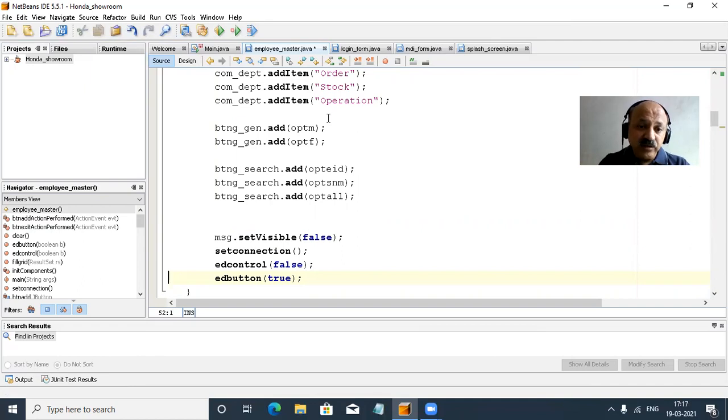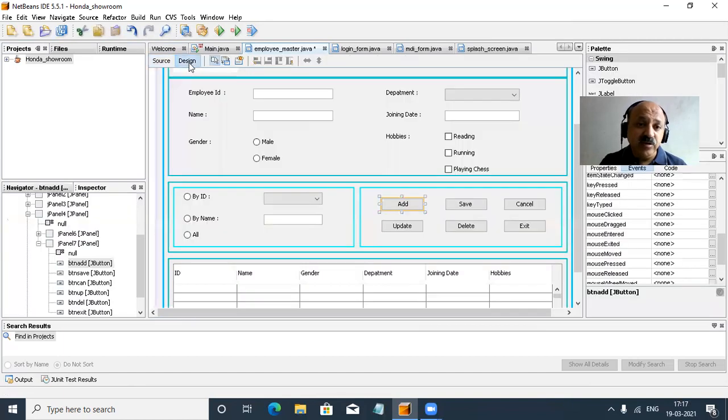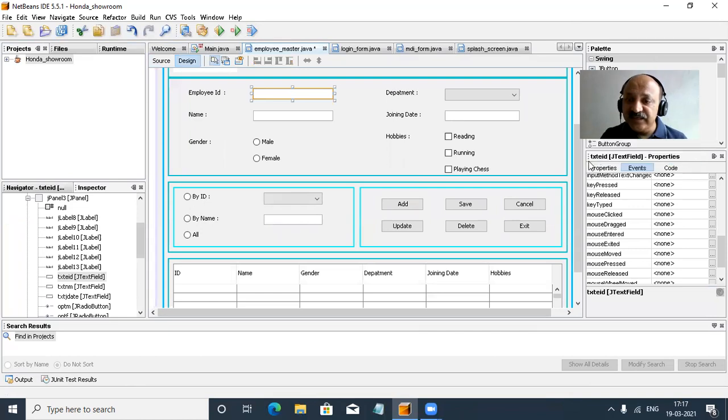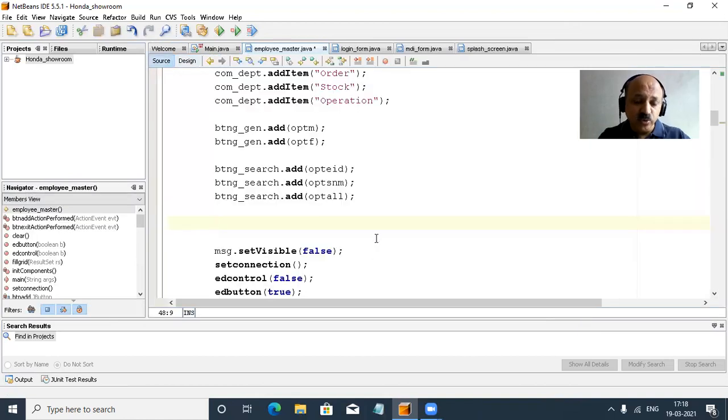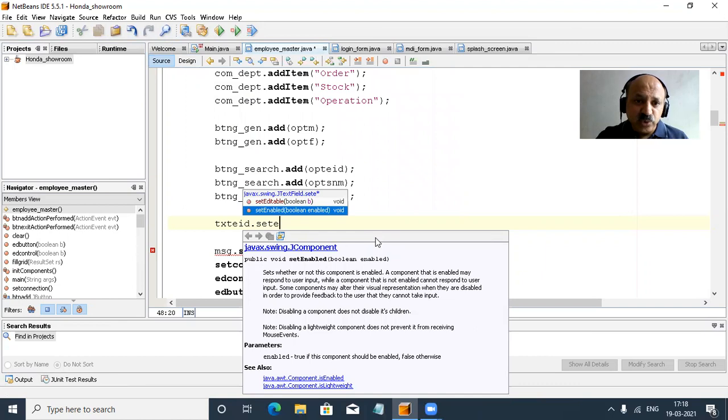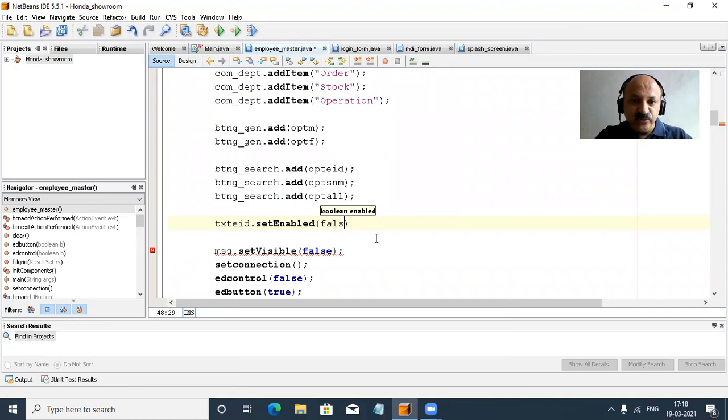Yes. So here first is our employee ID, which we set in my previous video lecture. That is the ID, and that ID is txt eid. Any calculation field or auto generate field, we cannot enable that control. So what to do? Here txt eid has a setEnable method. So it is not editable, but enable disable. So we set false, so the user cannot edit that, because that is auto generated.